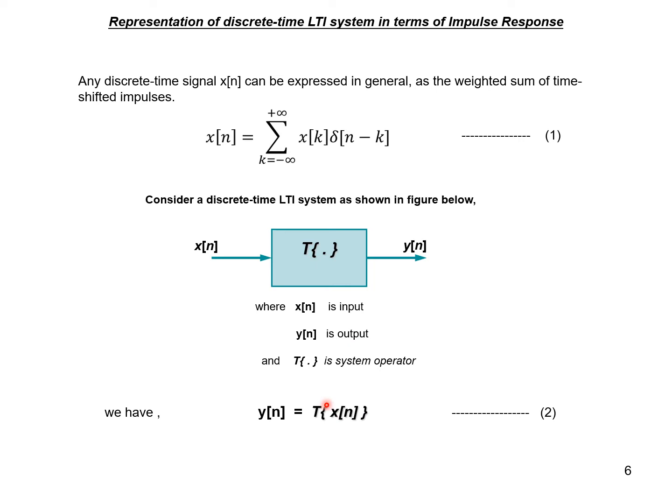Now let us move to the next slide, wherein we will try to understand the meaning of impulse response as far as this LTI system is concerned. I forgot to tell that this system has the properties of linearity and time invariance. This system obeys both the linearity property and the time invariance property. Only then is the impulse response representation useful for us. Let us try to understand more on impulse response now.